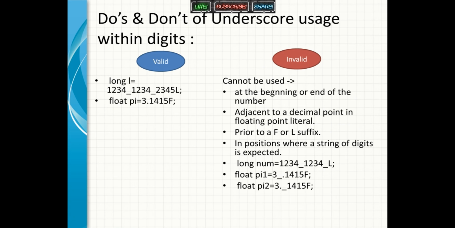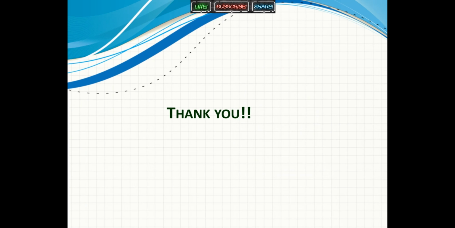So here I have mentioned some examples, please go through that. Now this is about Java literals. Before going to data types and other topics with proper examples, I would like to mention Eclipse here. I'm going to use an IDE. Now first of all, what is an IDE and why do you need it?